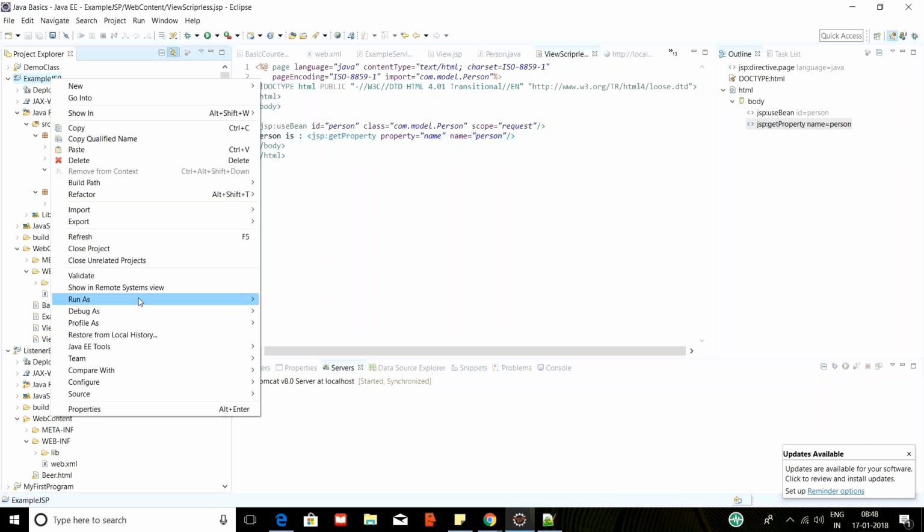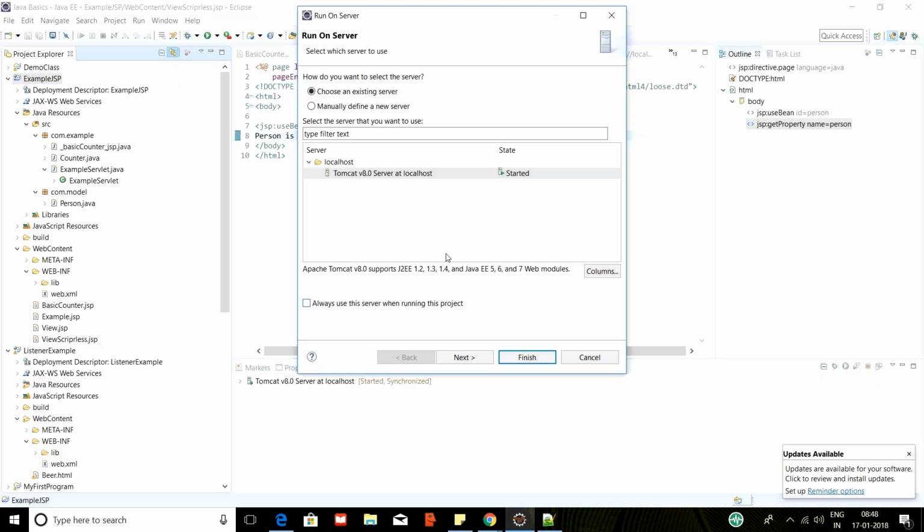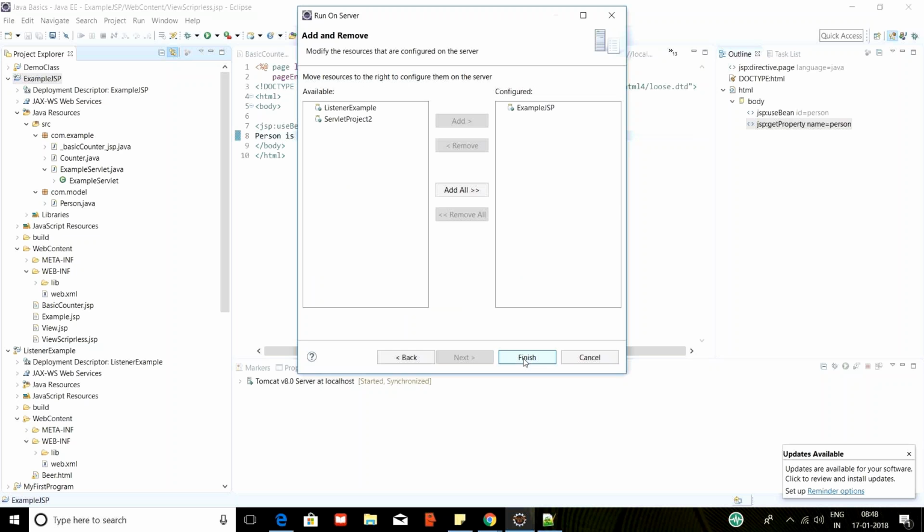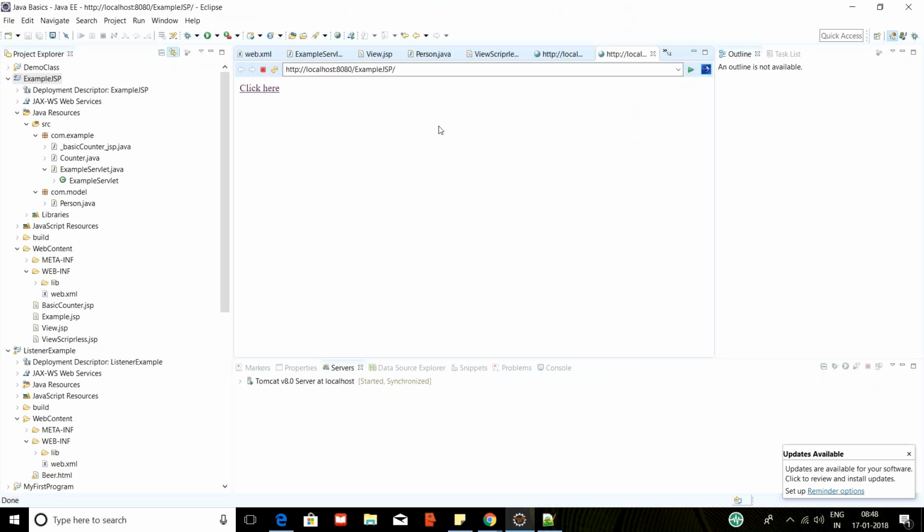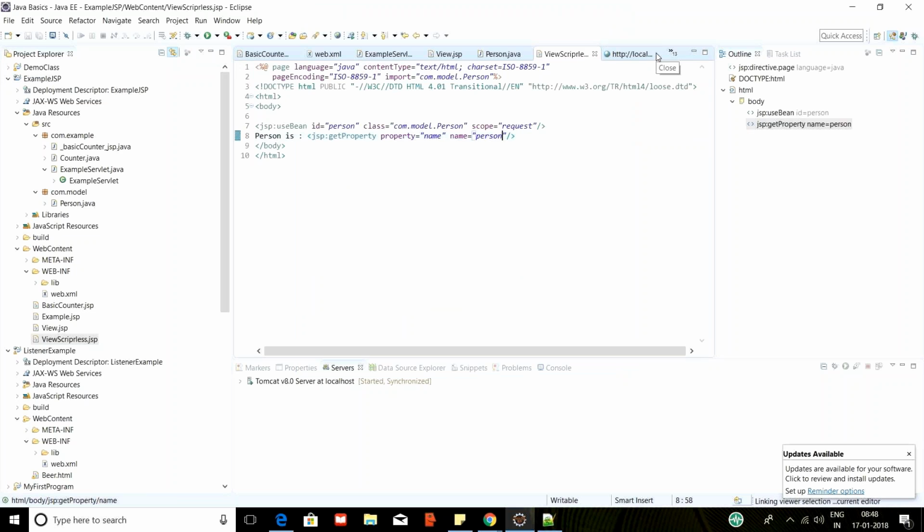I'm running it again on a server, and then I'm going to do this. Click here, and now you can see the person name is Ivan. So this is the case. You can check this particular thing. I have almost the same thing, and